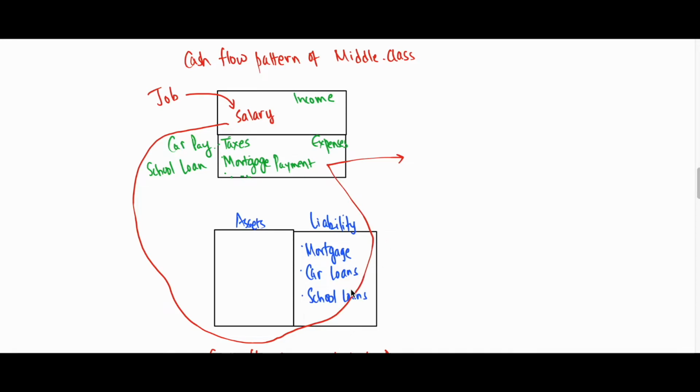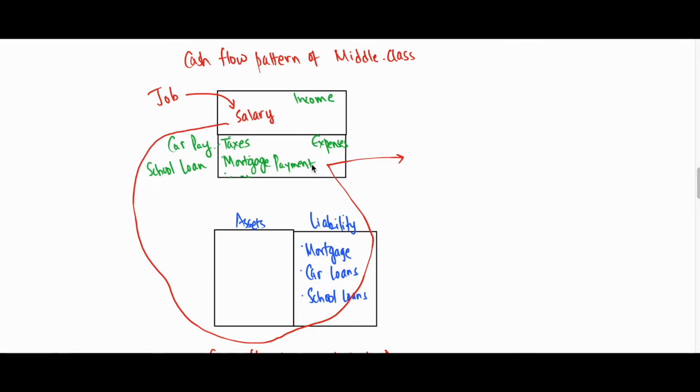He has only one source of income, which is his job. He receives a salary from his job, and that income is used to pay for his liabilities, such as mortgage payments, taxes, car payments,